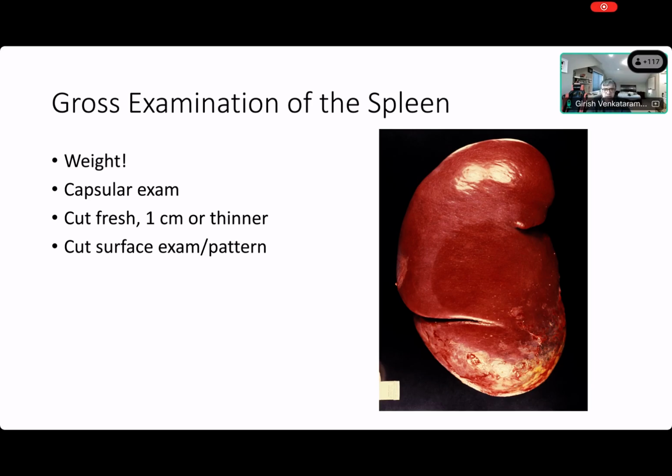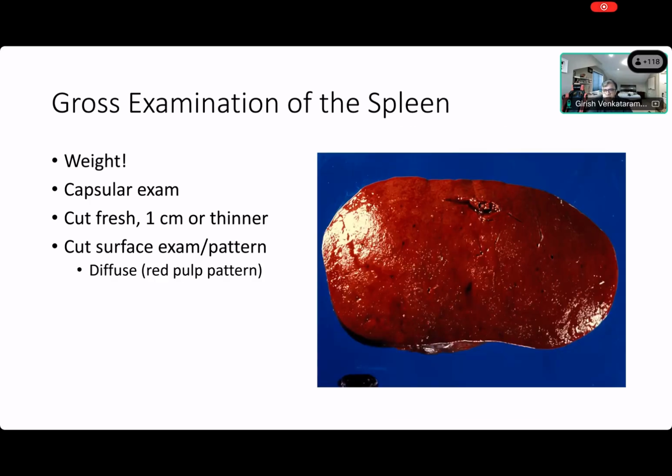Yes, you can have mets, but by the time they do a splenectomy for mets, it will be a very strange situation. They never do it because imaging is so good these days that they don't need to do a splenectomy to identify mets. Diffuse involvement in the red pulp, always take a look. You won't see the white pulp that easily, right? That's important. I presume all of you have read about the histology of the spleen and the anatomy of the white and red pulp, right?